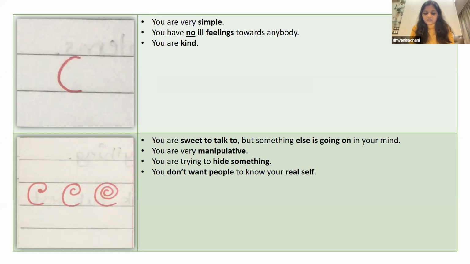So we'll move on to the next one, which is the letter D. The letter D mainly shows about your physical self, your physical appearance, how you feel you are, how you feel you look, how concerned you are about your looks. All of those things you come to know under the letter D. We'll go to the letter D now.